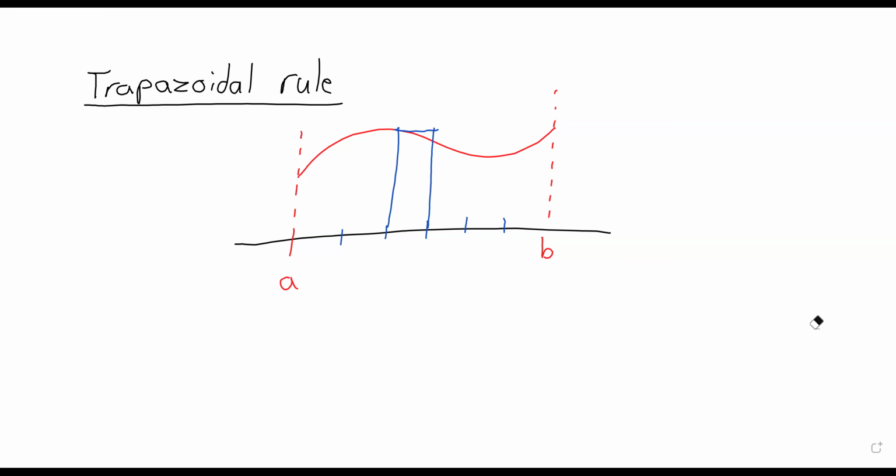We use rectangles for Riemann sums because they're the simplest shape that works. But as far as approximating the area under the curve on this interval, what if instead of using rectangles, we used